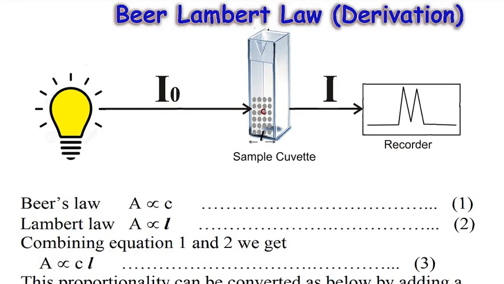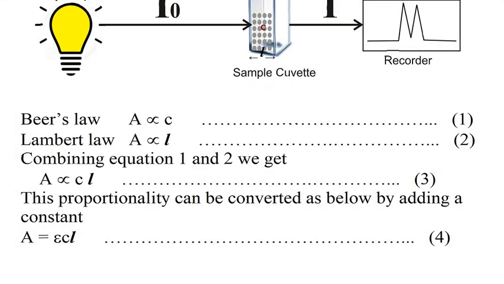If a certain monochromatic light passes through a medium, in this case the medium is a liquid sample kept in a cuvette. Here the wavelength of light is fixed and the intensity of light falling on the sample cuvette is also fixed. So if the intensity of incident light is I0 and after transmitting through the sample cuvette it will be I. It is obvious that after passing the sample cuvette the intensity of light would decrease. This decrement in light is calculated to determine the property of the sample with the help of Beer's and Lambert's law